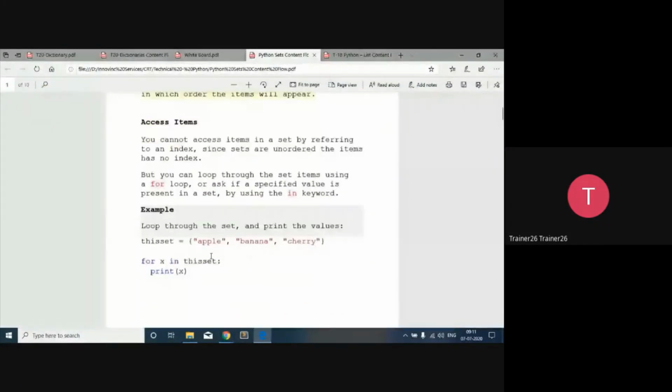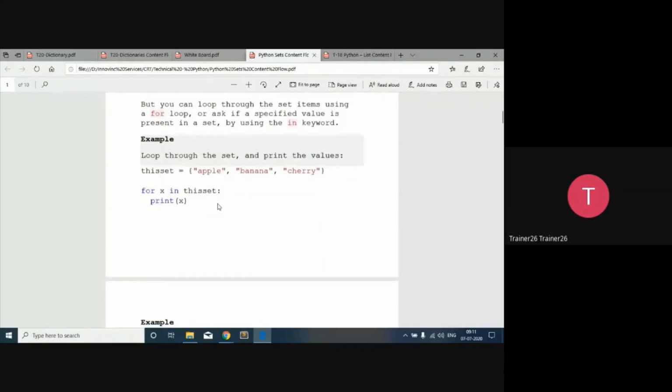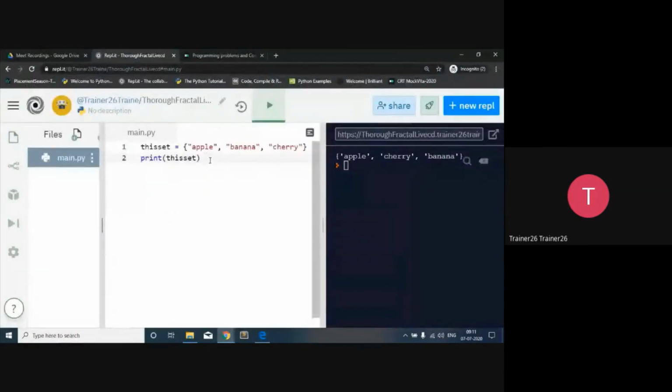So next fundamental is accessing a particular set. Here it is unordered and does not have an index. So the same way with the for loop, the way we are executing over here, same way we can do it. For, and then after that this thing. So for in, it will access the members one after another. So it will give you the order apple, banana, and cherry. Clear now? Yes. Now hopefully you can see the unorderedness over here. So right now cherry, banana, and apple. Next time I'm going to call, now it's banana, apple, and cherry.